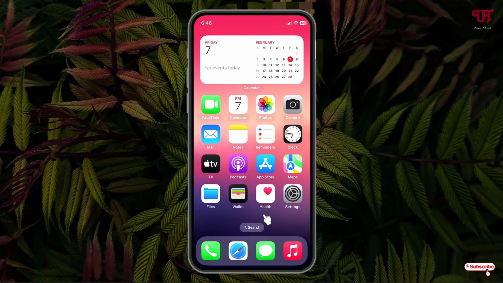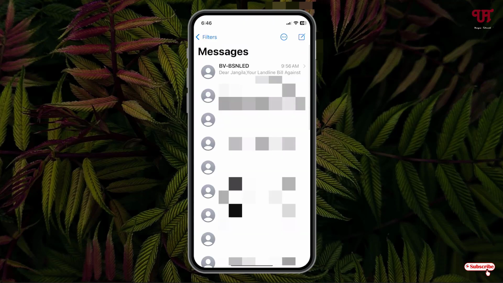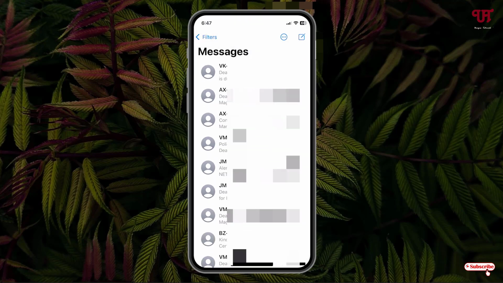So firstly open the iMessages application. Now say let me delete one SMS. Finally, I have deleted one SMS right now. So now, in order to recover this recently deleted SMS, what you need to do is, on the top left corner,